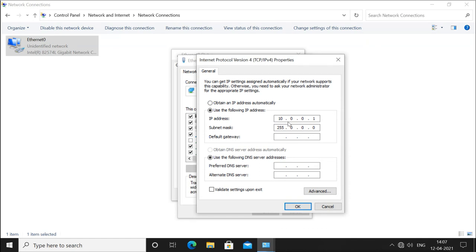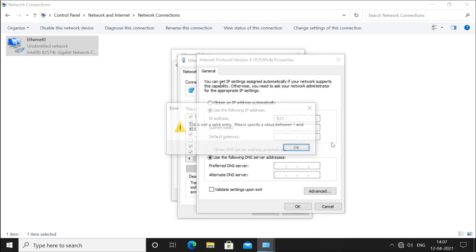You have two options, use manually or obtain automatically. If you want to use manually, then you will click here and assign what you want to assign. Remember, we can use only class A, B and C. If suppose I want to use a class B address like 226, it says this is not a valid entry, please specify a value between 1 and 223. That is class A to C.